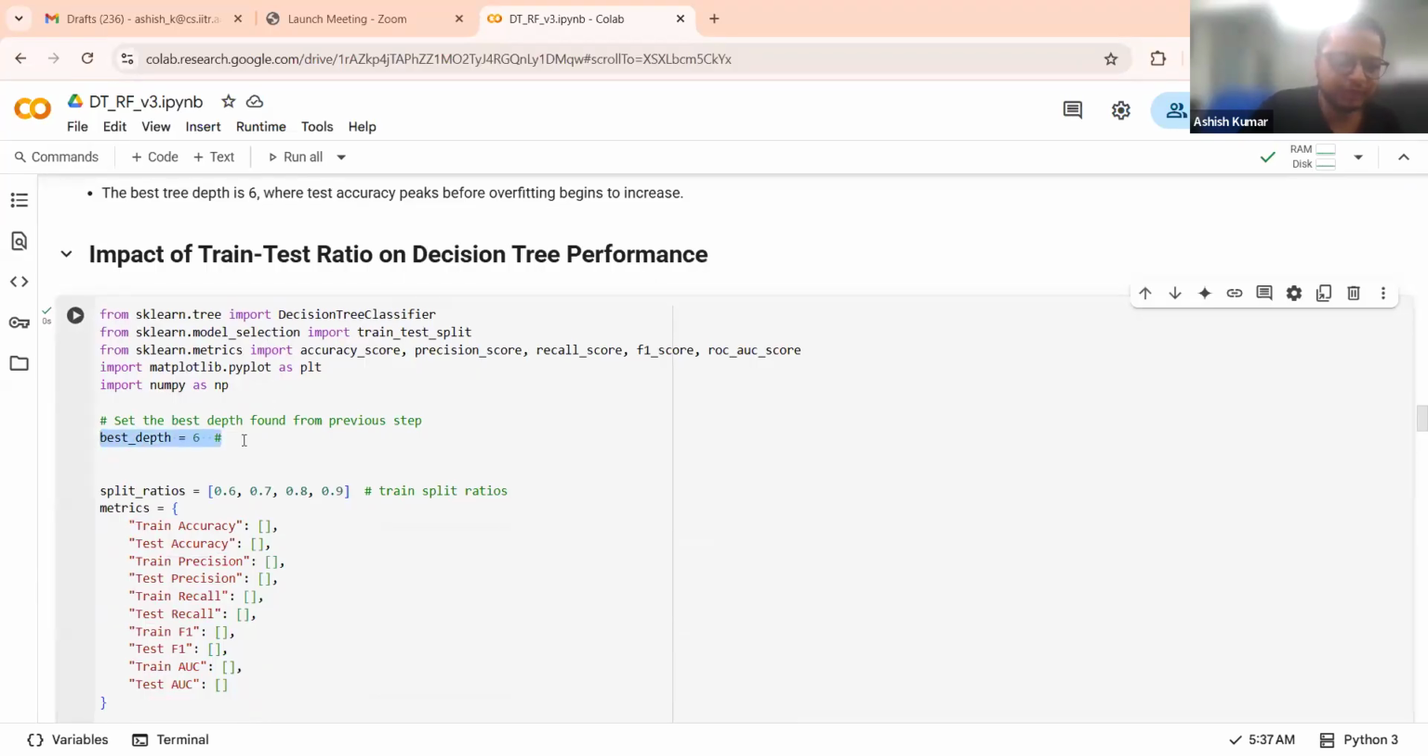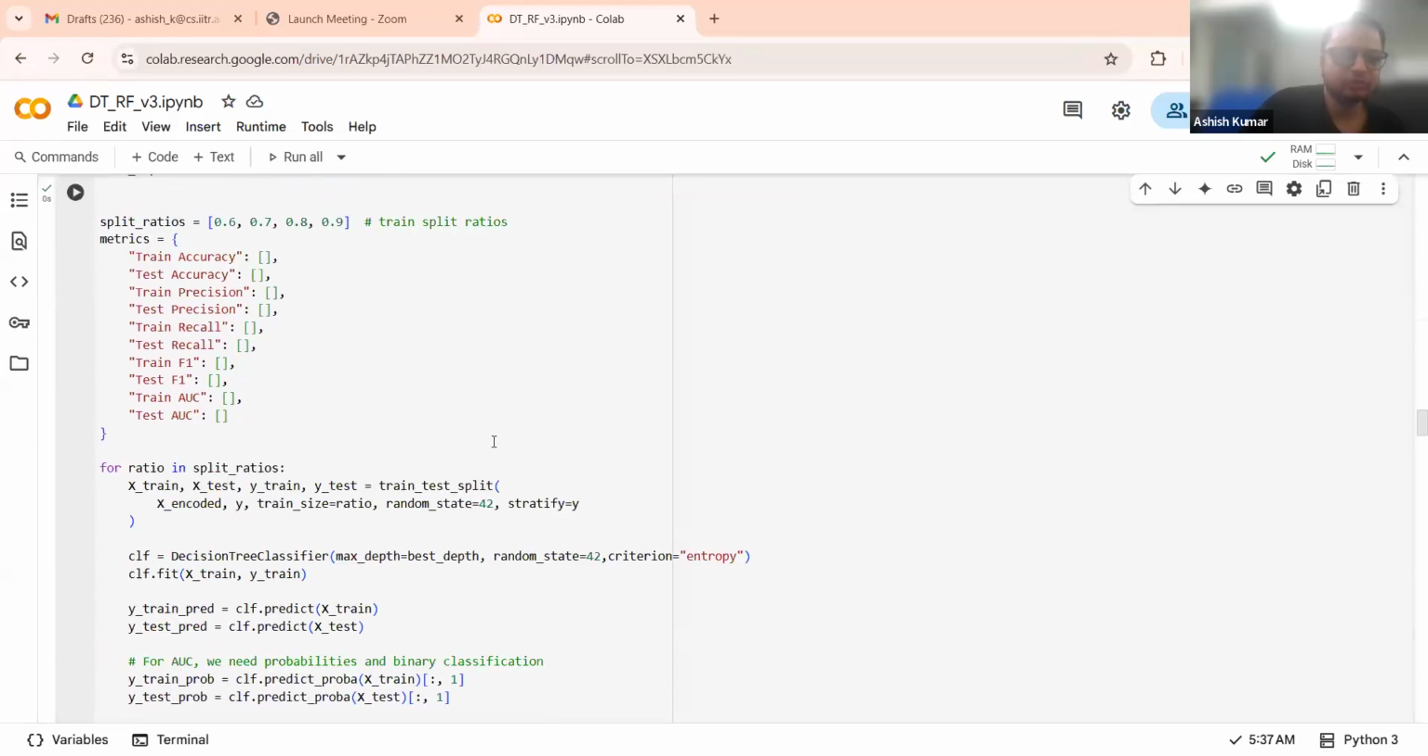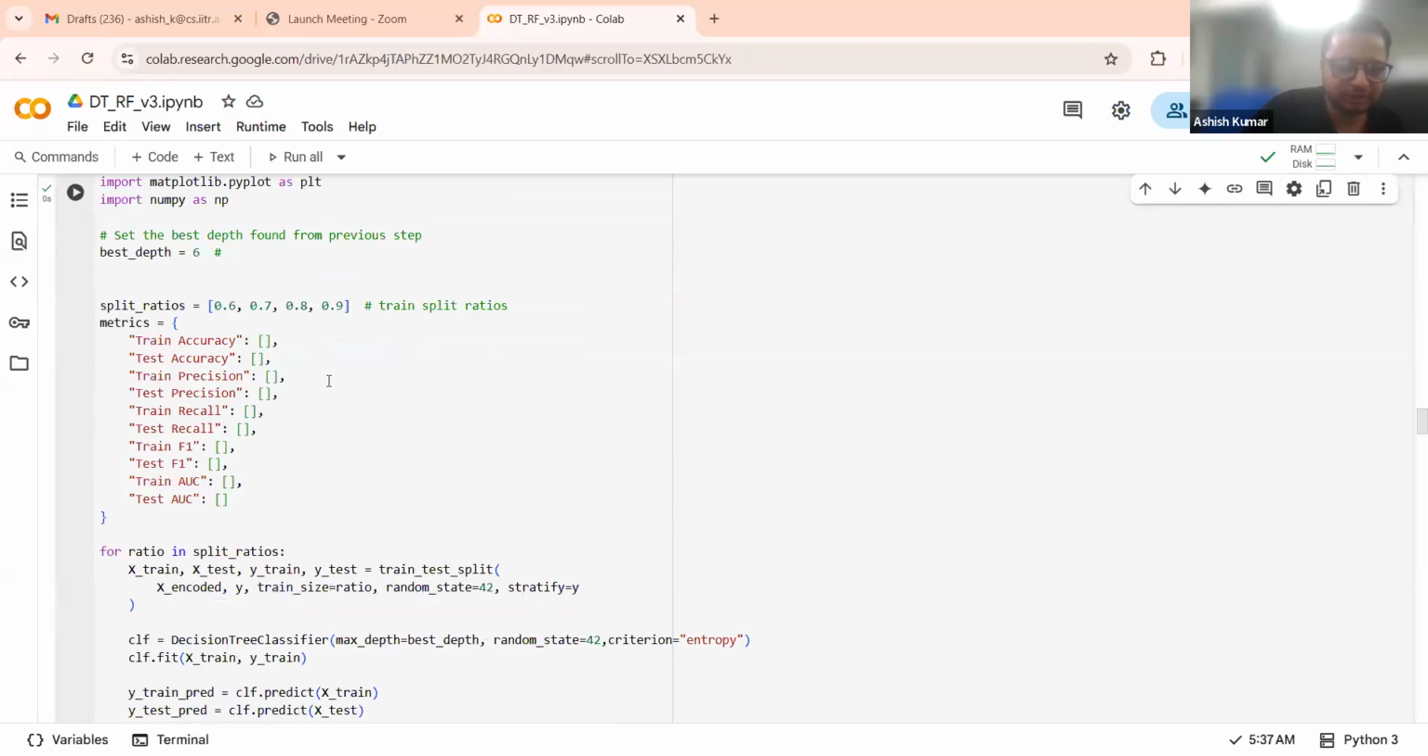We'll see the impact of train test ratio on decision tree performance. We arbitrarily fixed a good portion of the data as a training set, but the choice of 90% of the data set is as such arbitrary. We want to see if there is a better ratio for the train test split which we can use. So for that, in this section,